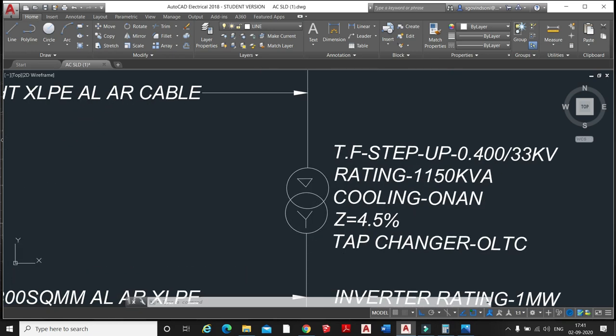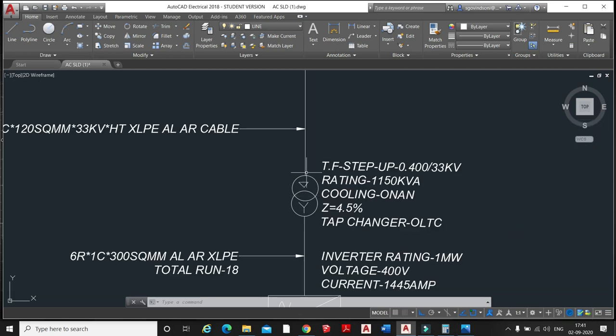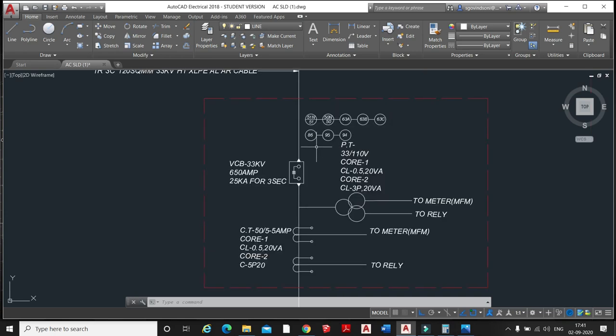One thing also, we can use the Buchholz relay in the transformer to protect against transformer internal faults, and WTI and OTI, winding temperature indicator and oil temperature indicator, are also used in the transformer to check the temperature of the winding and oil. The temperature of the winding is set up to 55 degrees, and the temperature of the oil is set up to 50 degrees. If the temperature increases, then WTI and OTI will show the temperature, and the Buchholz relay will operate when an internal fault comes. Okay, so this is your vacuum circuit breaker.